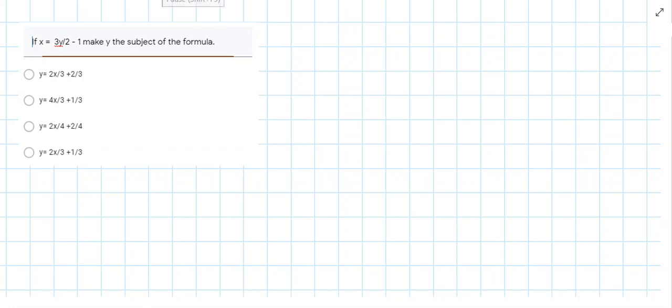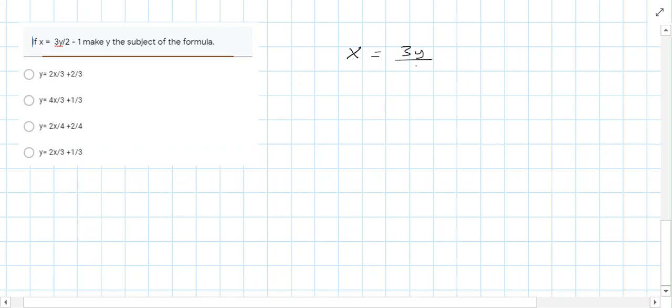Okay, so in this question, what you're being asked to do is to change the subject of a formula. So if we have a look here, what it says is, if x is equal to 3y divided by 2 minus 1, make y the subject of the formula. So let's just write this out. What it's saying is that x is equal to 3y over 2